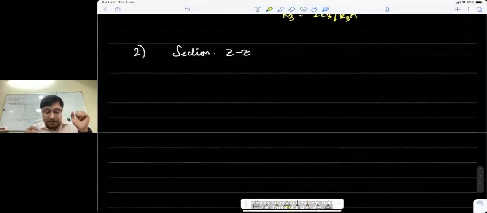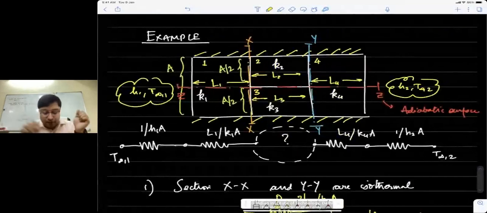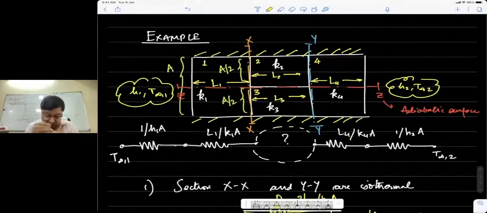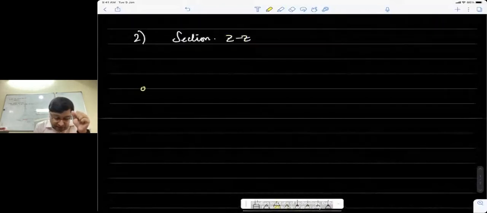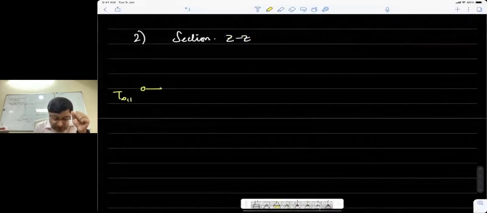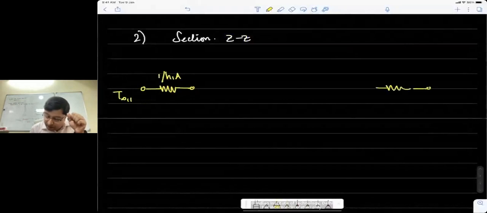Now this case is interesting, because as you can see, you can consider this to be a case of two composite slabs conducting heat from left to right in parallel. So I can draw this very similar to what I had done earlier. Maybe T infinity 1 is one potential. So I will have 1 by H1A, which would be the convective resistance, and maybe I can go from the other end. So we'll have T infinity 2, 1 by H2A. And now a lot of things will happen between these 2 points. So we'll have two parallel networks of heat conduction.